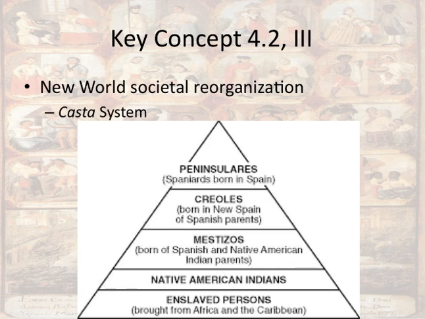Below the Creoles are the mestizos, who are born of Spanish and Native American or Indian parents. You can imagine that there are a lot of these for reasons that I don't want to talk about now, so I won't. Below that, you have Native Americans and the Indians, of course, which is a diminishing number because of disease, and then towards the bottom you have enslaved persons. I also want to make mention that you can add to this mulattoes, which would be half peninsulare and half African slave, also is a new part of that stratified group.